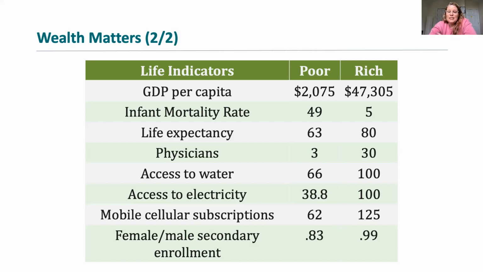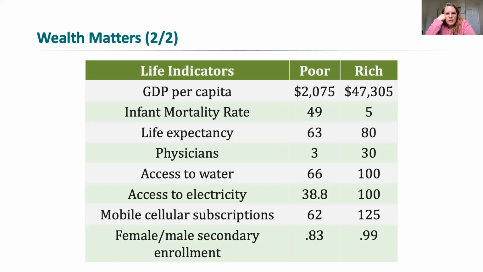And this leads to a lot of common ailments that we can prevent here in the United States, such as tapeworms and other intestinal bacteria that are life-threatening in these poor nations. In 2010, the World Health Organization estimated that 3.6 million people died every year in these poor nations from waterborne diseases. The final group of indicators in this table tell a story about education.